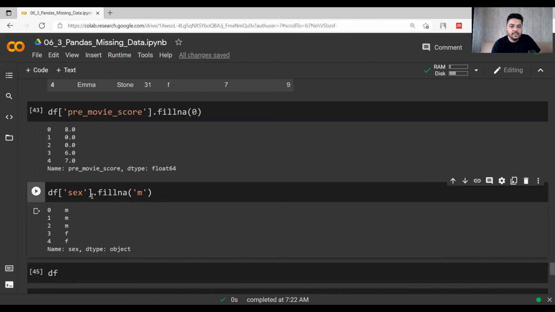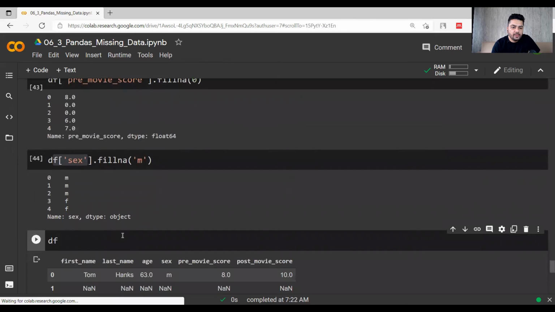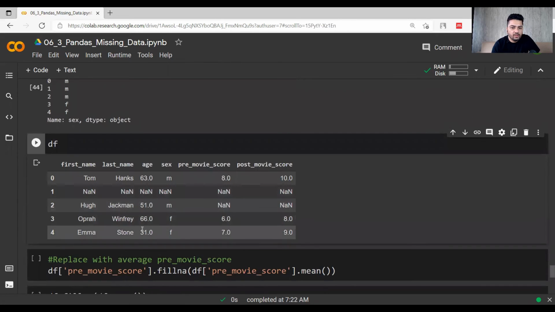Now that you have used this fillna on this column, all the values which were having null value have been replaced by M. Now if you look into the data frame, it is looking like this right now. So it is again a NaN value because we have not saved any of the previous 5-6 commands in the data set, so that's why it is NaN again and again.